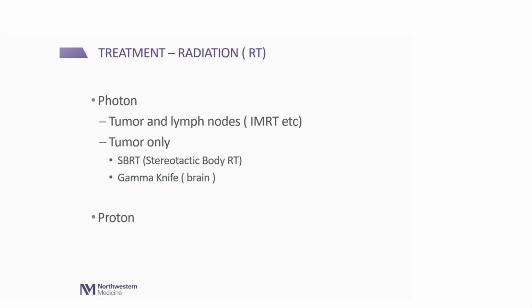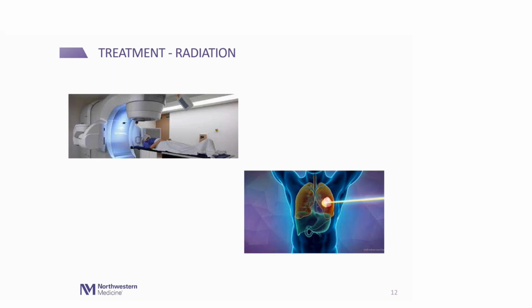Radiation, which is the other type or second modality. Again, let me move to one slide further just to give some pictures here. So radiation is a treatment, again, where they give powerful x-rays through a sophisticated machine and equipment here. You see the patient laying on the table going into this. That's the machine that delivers radiation. These powerful x-rays go and hit the tumor. Patient actually doesn't really feel anything there.